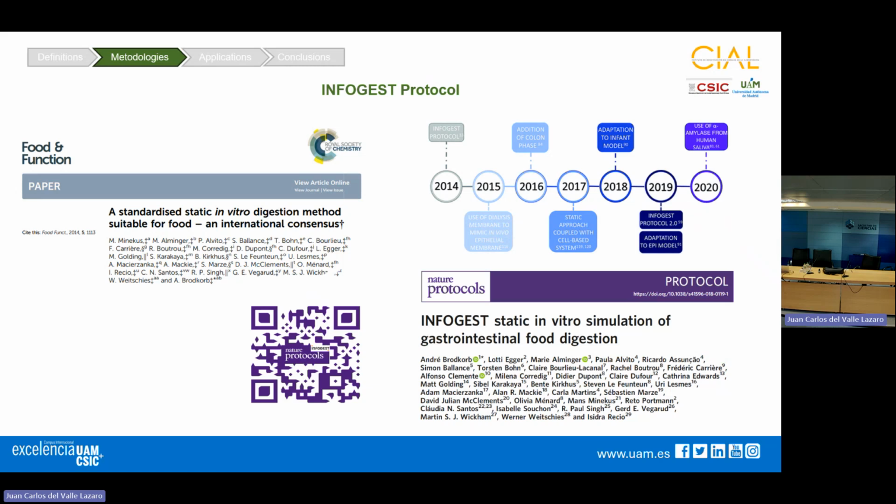The list of authors includes researchers from all around the globe. And since then, and once the COST action ended in 2015, the network is still alive nowadays, right? So the next step was a very important one, really a landmark achievement: the publication of the Nature Protocols paper on the InfoGest 2.0, as they call it,